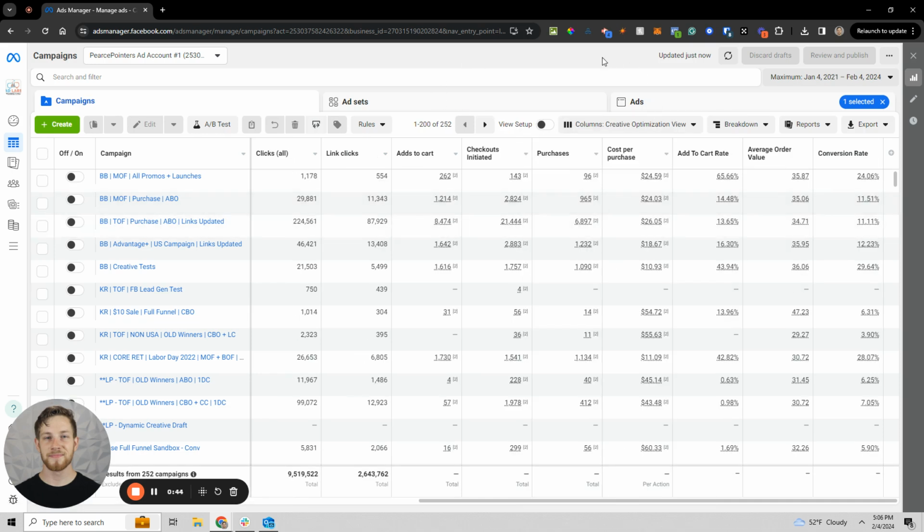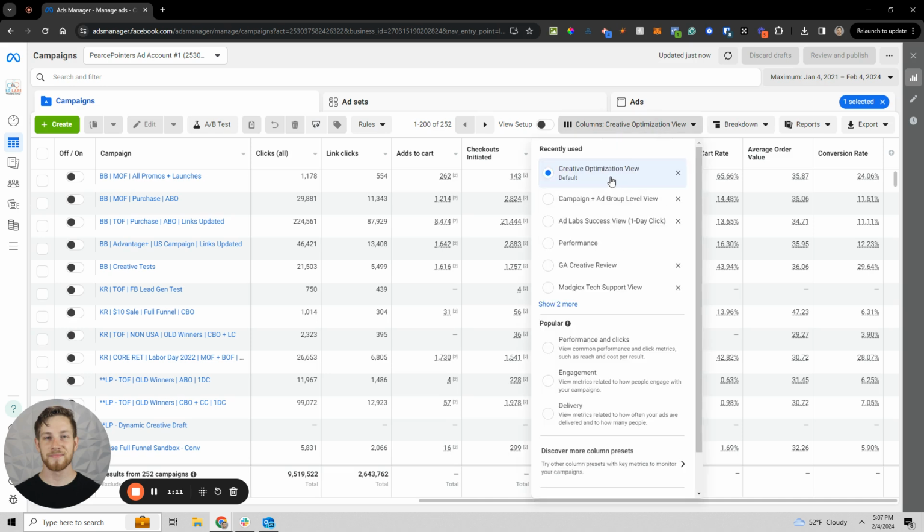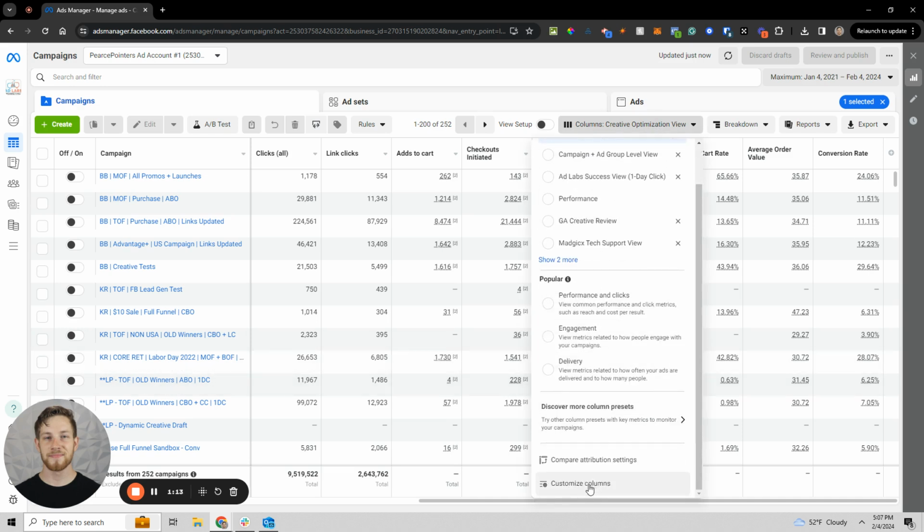So what is it? Quite simply, the creative and optimization level view is going to help us understand how our ads are doing. Once we've already narrowed down into an ad group, or we want to look at a broad campaign and how each thing is running, we use this campaign view or this creative optimization view to simply go, does this ad need to be turned on or turned off or paused? Do I need to change it out? Like what are those things running like, right? So starting from the bottom up, we're going to use the creative optimization view and go through and actually set